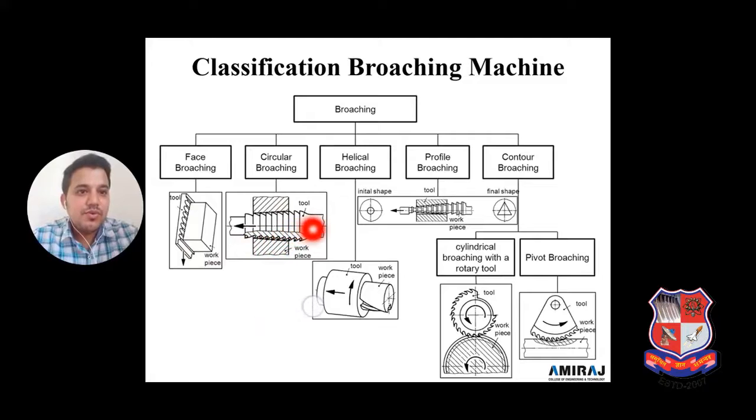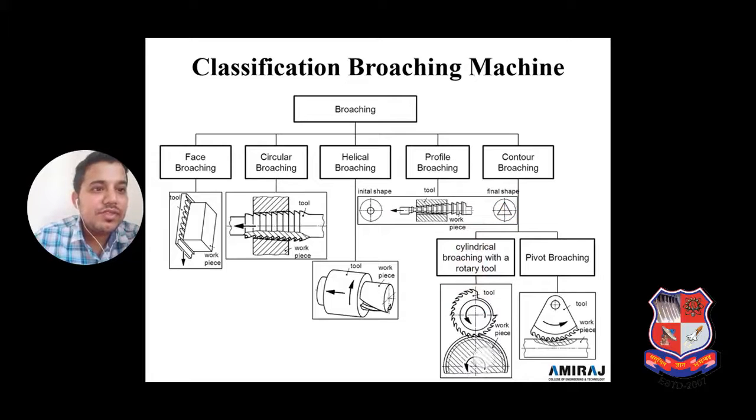Circular broaching, we are inserting a broach tool of particular cross section area inside the workpiece hole. Helical broaching is used for internal holing purposes, or we can say it is also utilized to create multi-point cutting tools like drill machine tools and other tools. Then profile broaching is based on which kind of finished shape and cross section area is required. This is the initial shape, you can observe it is a hole, and this is the final shape, it is in the form of a triangle, that is called profile shaping.